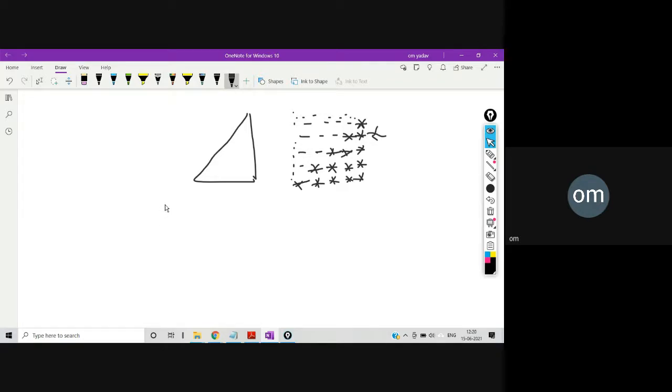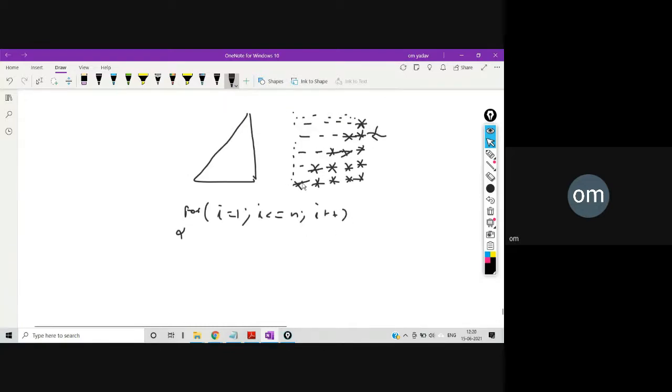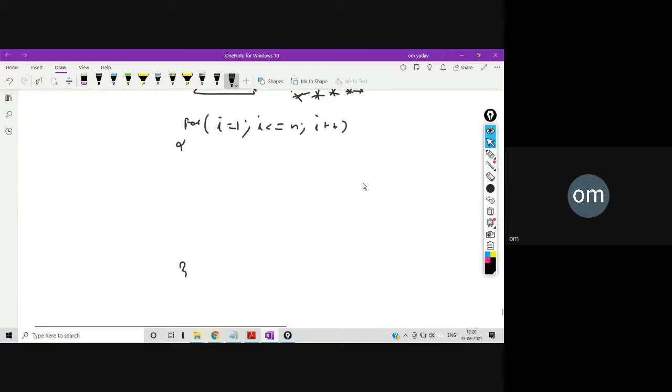Okay, so what I told you, we can write in this way: for i equal to 1, i is less than equal to n, i plus plus. n you can ask from the user, that is the number of rows. First, let's say we will print only this triangle. For this triangle, we know that is the first type.